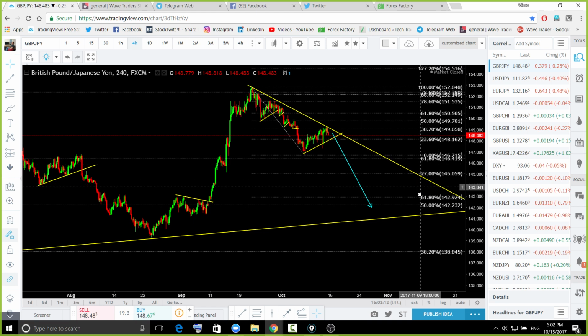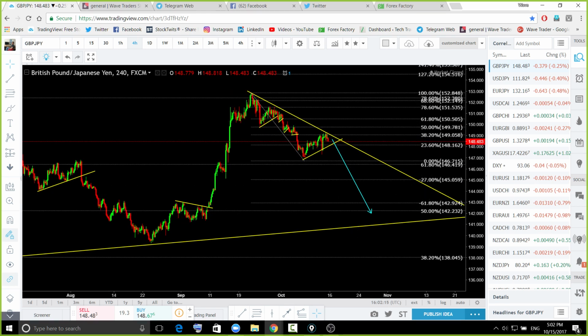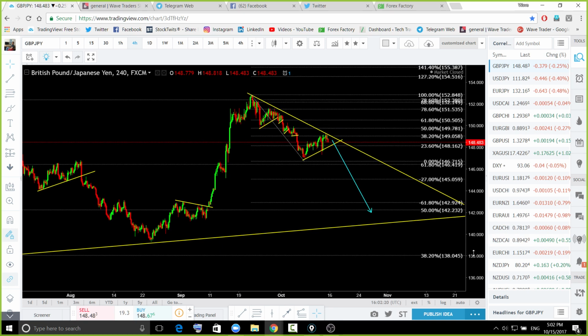So first of all, the pair I'm looking at is the pound yen. I hope you fellows are already in that trade, because if you remember, when this was happening over there, we were selling this pair. We were selling on these continuation formations as well. It is forming a similar continuation formation, like the one you have seen over there. You can see that. So it should break down like that.